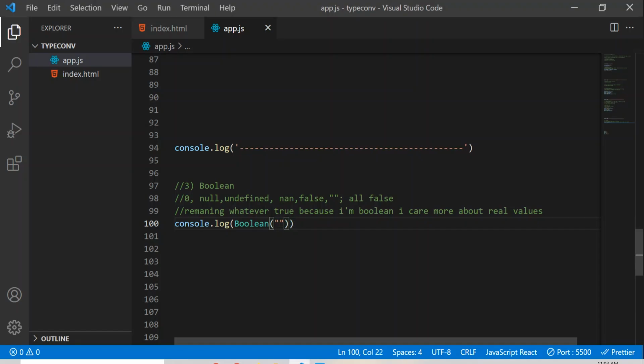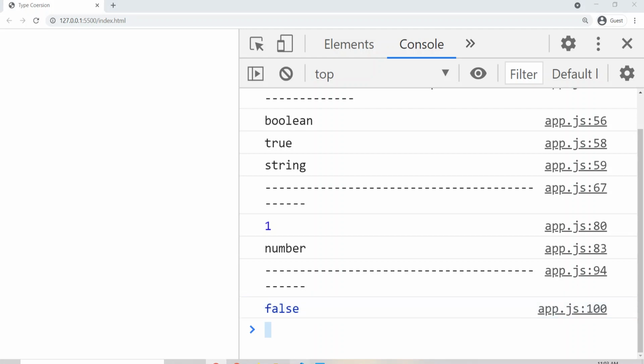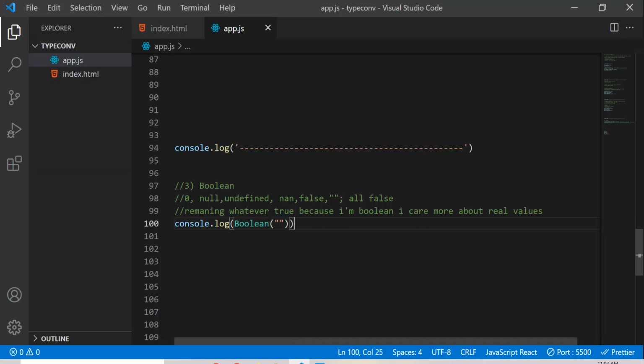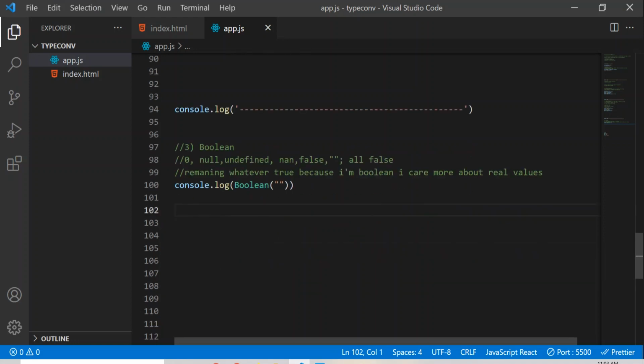It's not empty, there is something in that, that's why it is true. If it is an empty string, I mean there is not even a space, then we'll get false. Okay, you'll get these kinds of simple questions. Next, we are done with the boolean function. You can experiment with all the remaining values and you'll get clarity, guys. Okay, we have done with this boolean function also.